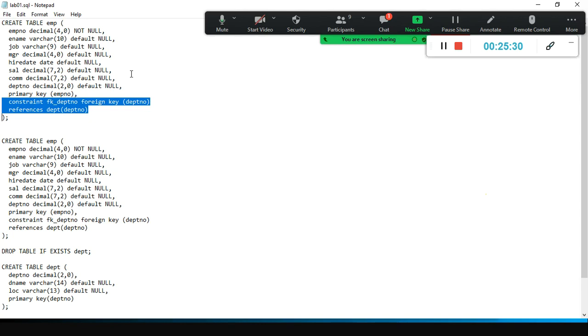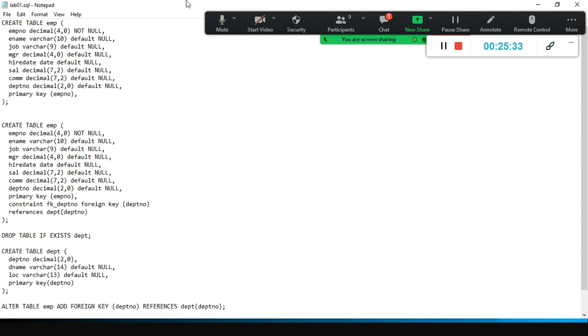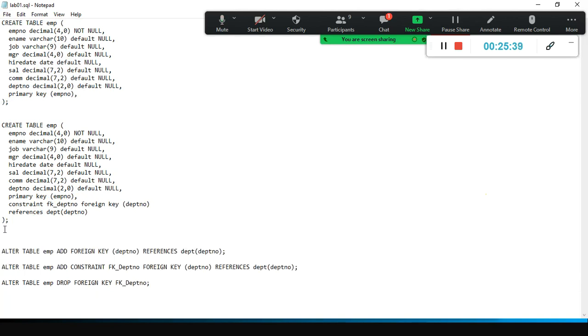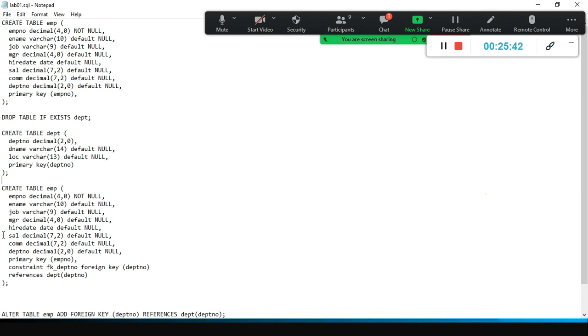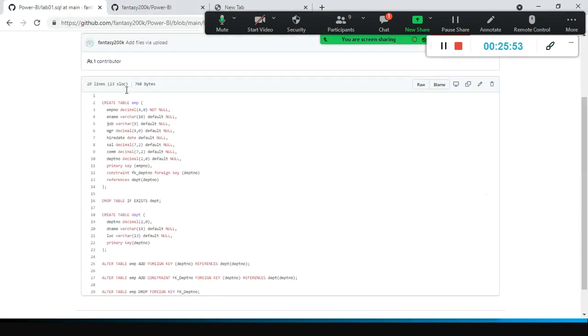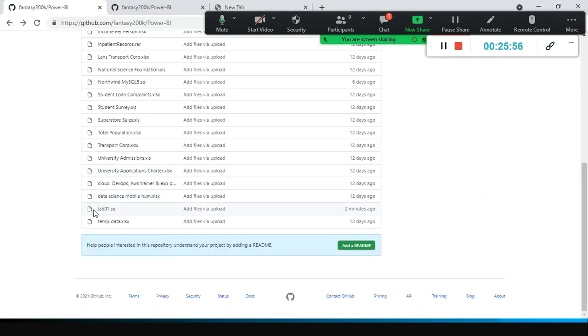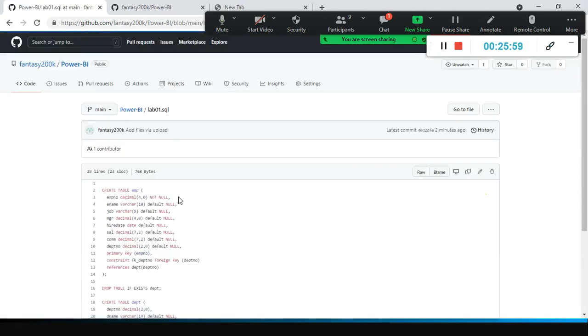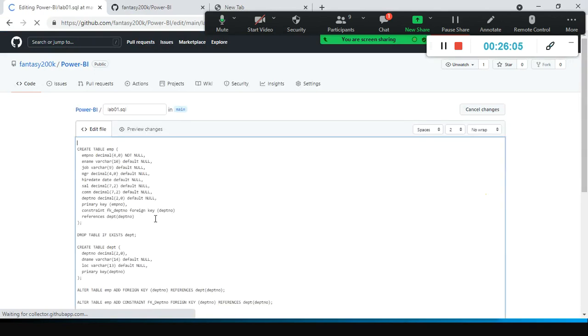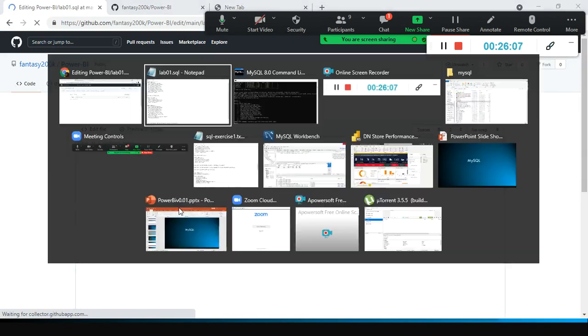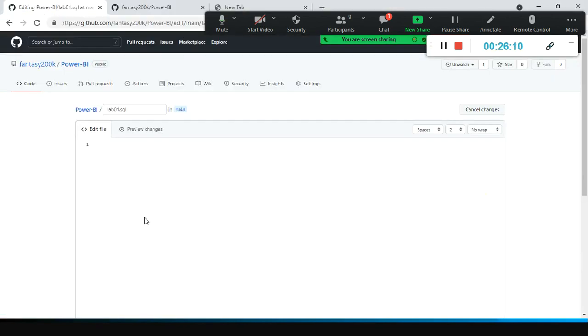I am going to remove it now. This is enough. Okay, create table EMP, and then create table depart. You can use the command prompt, or you can use MySQL Workbench also, to create this. So what I am going to do is delete this file. Deleting is not possible here, right? Yeah, here itself I can modify it. I will just delete it and copy paste it.